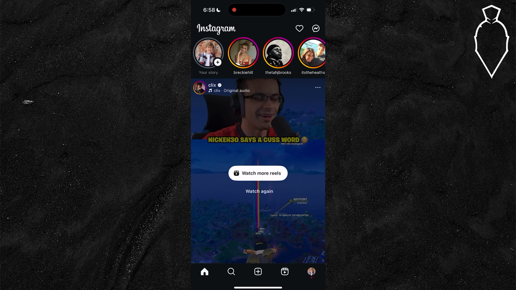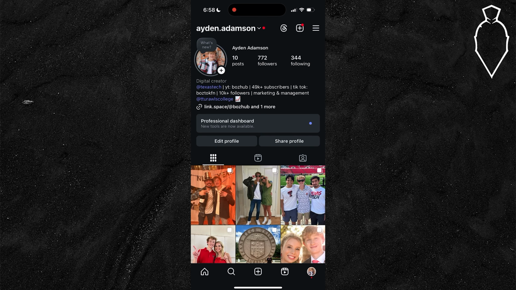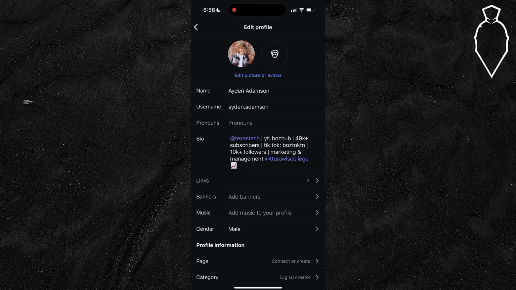If you're tired of your current profile photo and want a new look, here's exactly how you can update it. Begin by opening up Instagram and going to your profile by tapping the icon in the bottom right. Up at the top of your profile, you're going to notice an option that says Edit Profile. Simply go ahead and click on that, and then at the top, you'll see another option that says Edit Picture